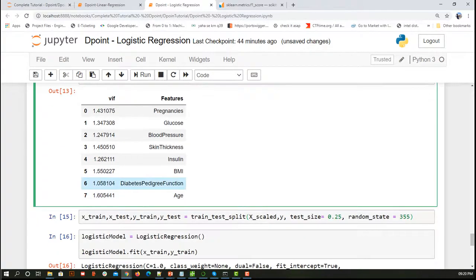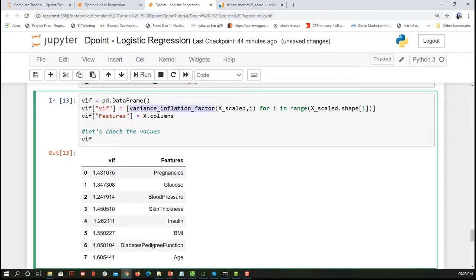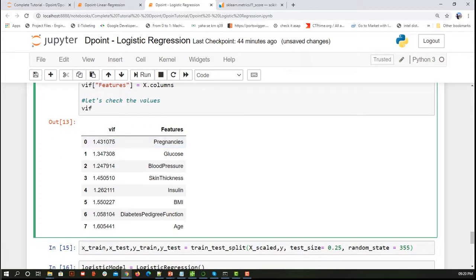So it ranges from like 0 to 10. If it is 0, it means there is no relation; if it is 10, it means there is an absolute clear relation, directly proportional or inversely proportional. So here I can say it is 1 or nearly 1, very much lesser than 5. Very much lesser than 5 means there is no collinearity, so I am good.